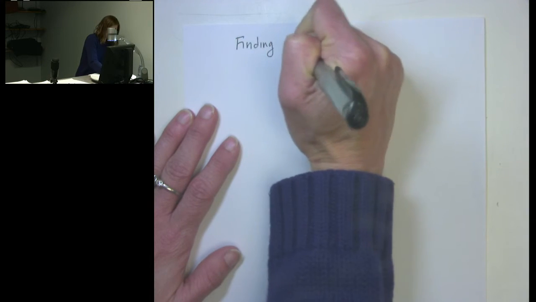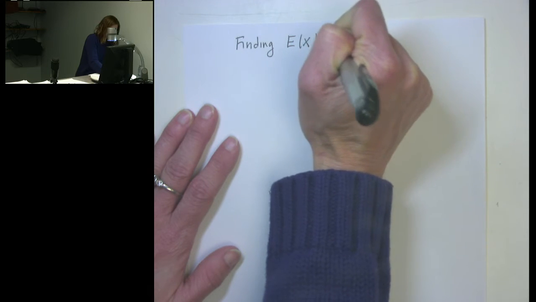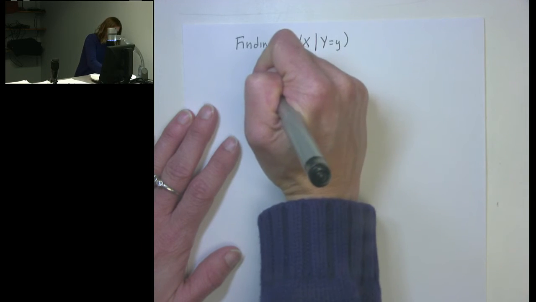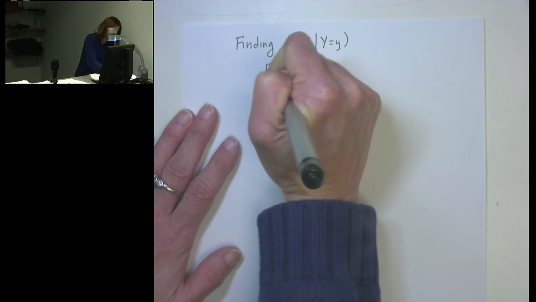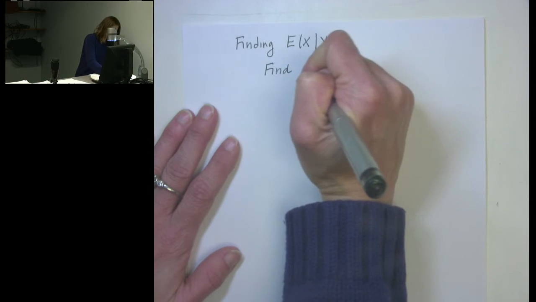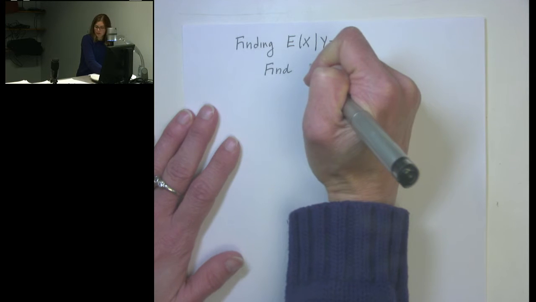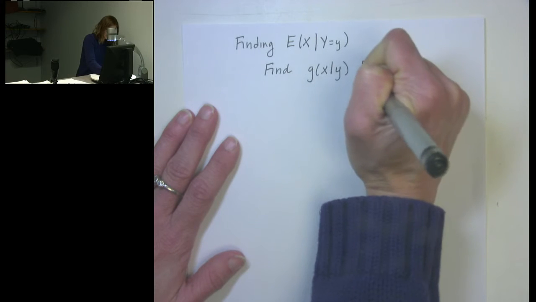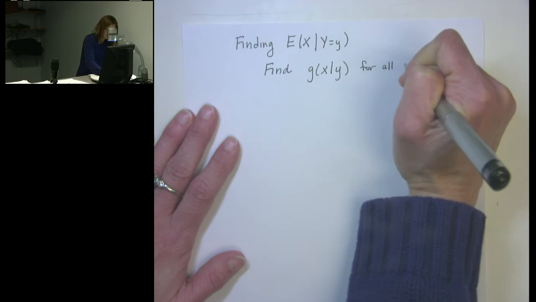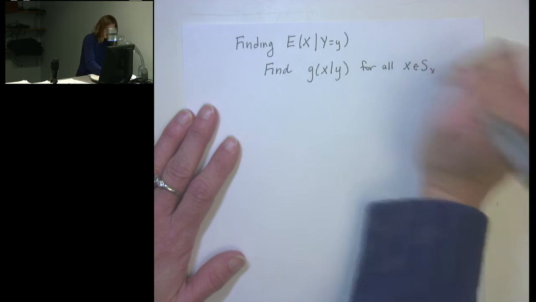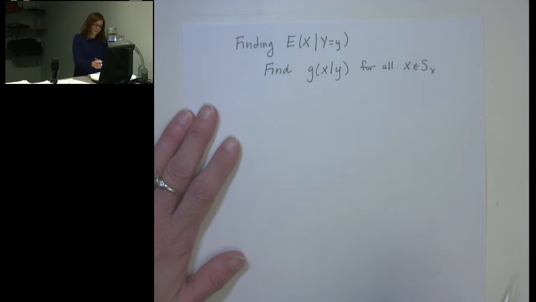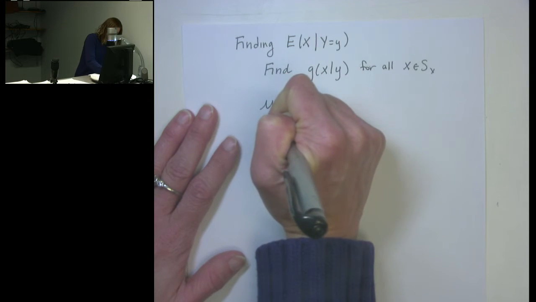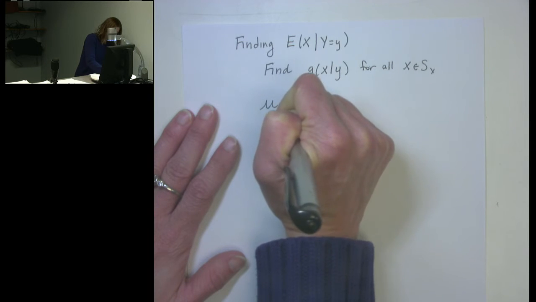The expected value of x given that y equals some particular value. What we're going to use is we're going to need to find that expected value. We'd first start by finding, trying to remember, g of x given y for all x that are in the support of the random variable x. And then we would simply find the mean of x given y